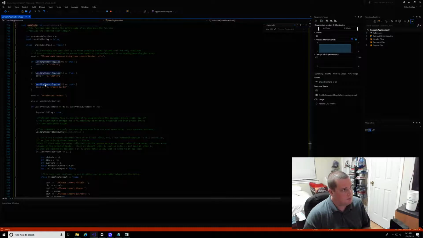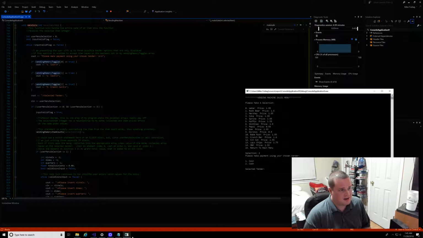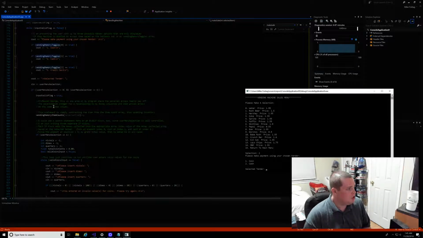But I'm testing those elements, those Boolean values in that array, to make sure they're true. If they are true, they're presented. But since I disabled credit card earlier, the user only has the option of coin and cash here. So basically, the user makes their selection for how they're going to pay. So if they choose